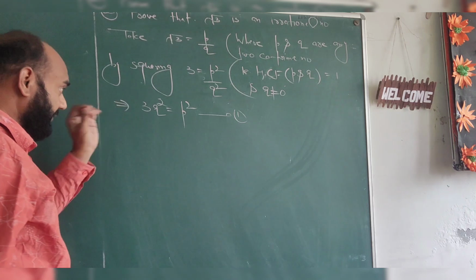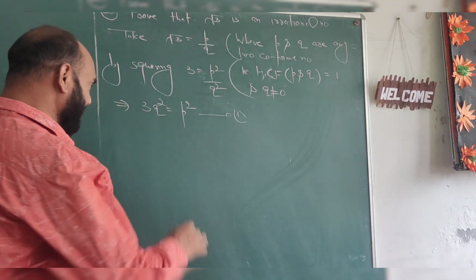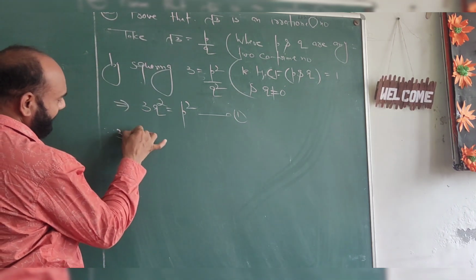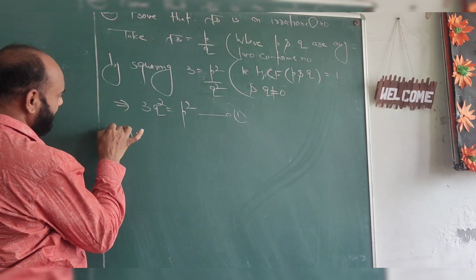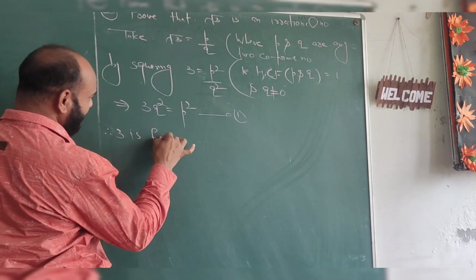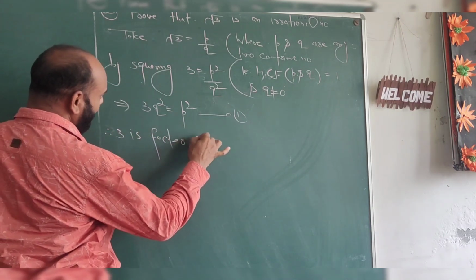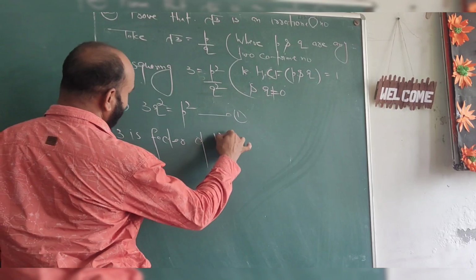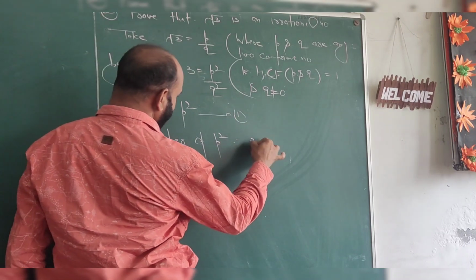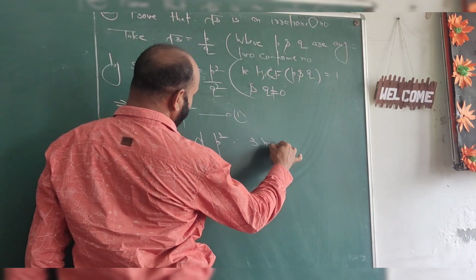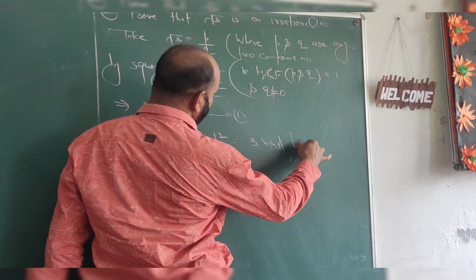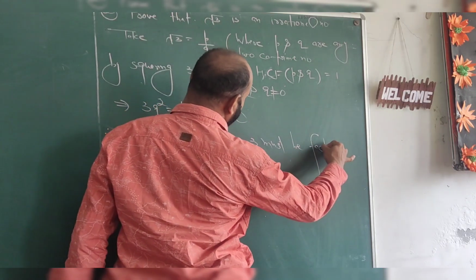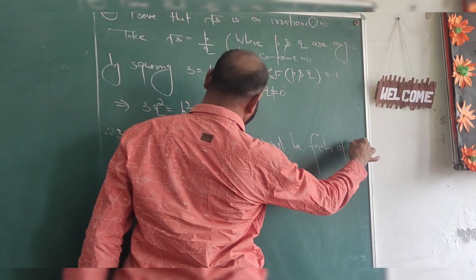And here we observe 3 is a factor of P square. Therefore, 3 is a factor of P square, so 3 must be a factor of P,